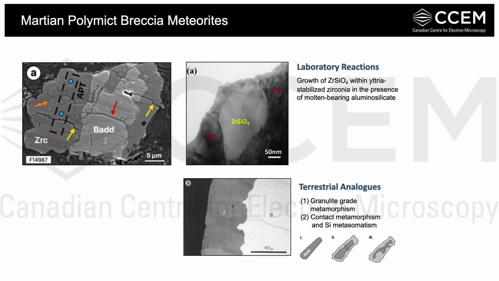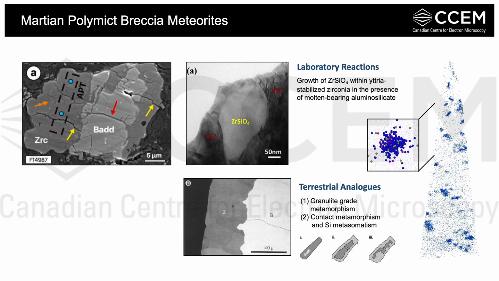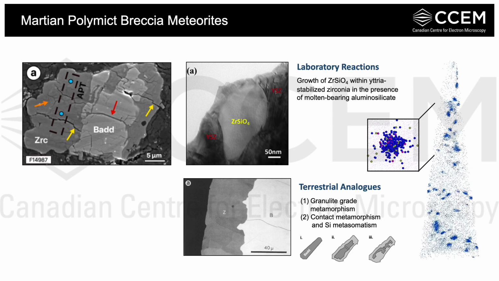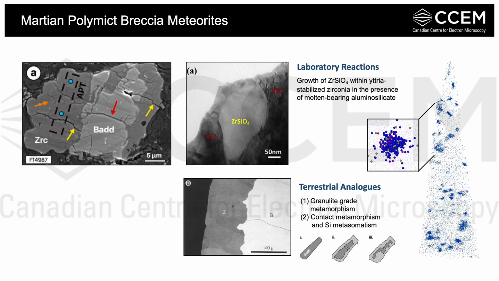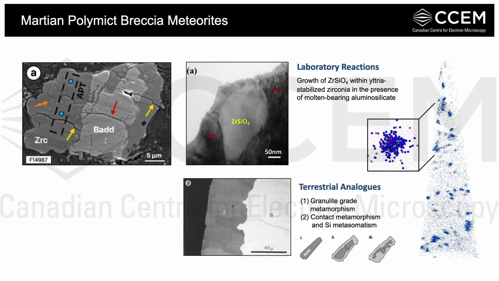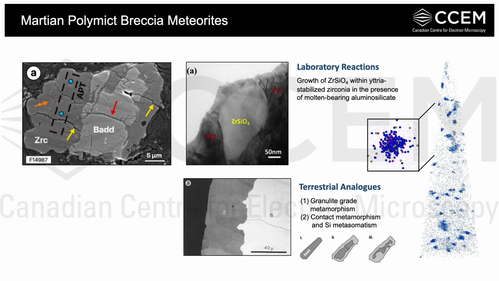type of morphology as our sample that occur with temperatures greater than 800 degrees Celsius. So this is our regional metamorphic high-grade setting. And then looking at the APT data of the rim, we see an inheritance of iron, and this is most likely from the precursor baddeleyite. And this tells us a few things.